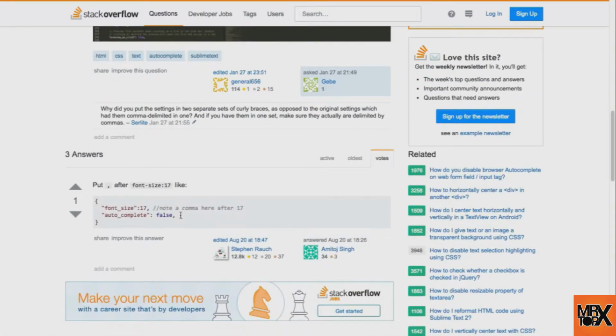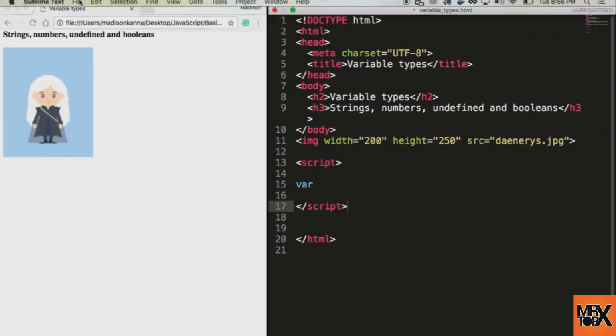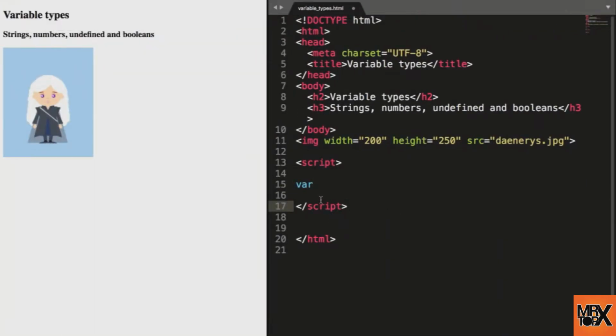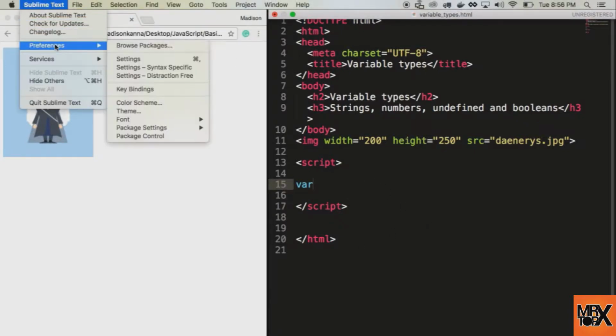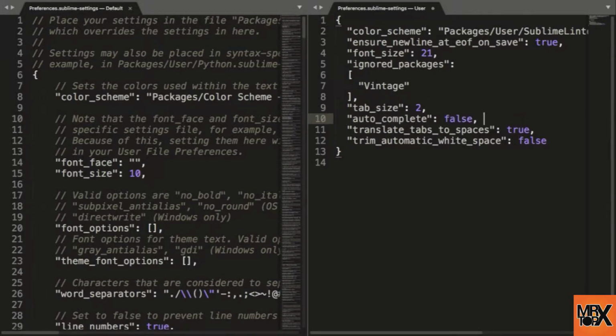I'm going to skip over a few steps like where to go, but I already know that from previous experience that we're going to go into our Sublime user settings, so our own settings about how we want our text editor to look, act, and things that we want it to do. So let's go into Preferences, Settings. And in here we have our user settings, a couple of them that we already have, translate tabs to spaces is true, etc. We're just going to go in here and paste this in, save it,